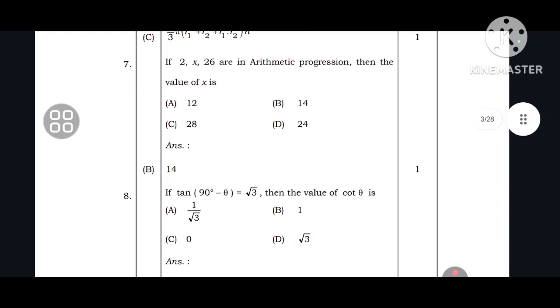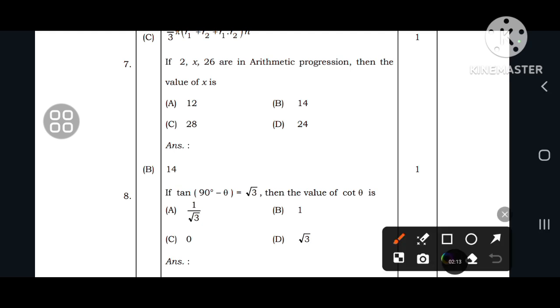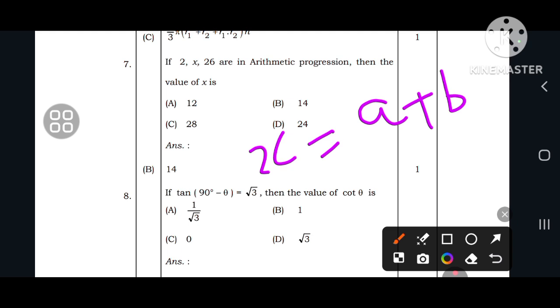In question number 7, they have asked to find the value of x. This question belongs to the chapter arithmetic progression. They have asked the value of x. As we know the formula, I will solve it here. We can take b is equal to x here, and